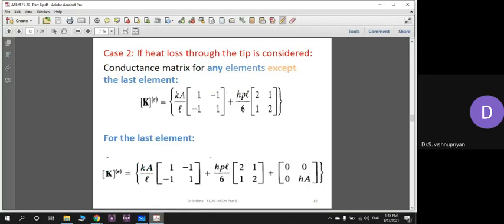Now, what if you also consider the heat loss through the tip of the fin? When heat loss is considered, there are two steps that must be done in the analysis. Supposing that we have a structure of a fin in which I do have tip transfer. So the meaning of tip transfer is